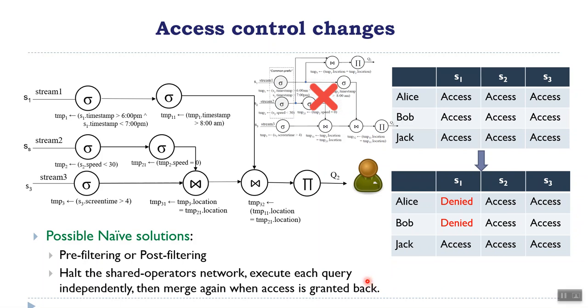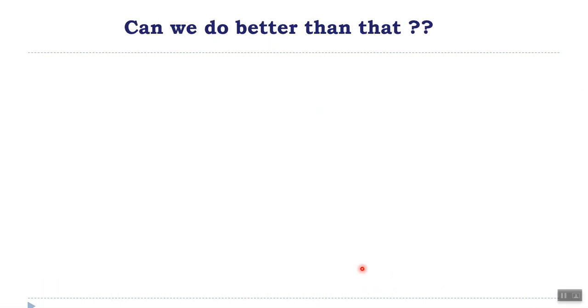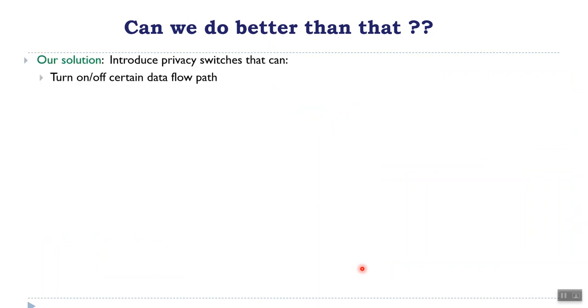From here, we started thinking about this problem, and we thought, is there an efficient solution to allow access control over interleaved multi-tenant operator networks that doesn't require us swapping execution between different networks as changes take place to access control? And our solution is actually a very simple solution that can dynamically reconfigure the shared operator network as changes to